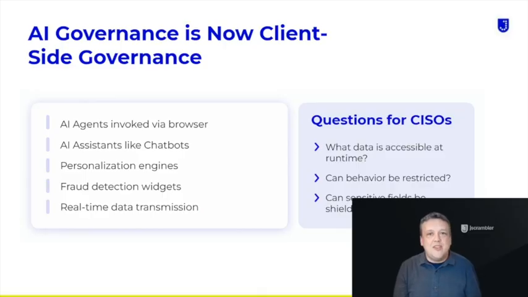All of those components execute in the browser. And when they execute in the browser, they have the same access as any third-party script that we discussed earlier. They can see the website's DOM. They can see and access form fields. They can read cookies and local storage. They can make arbitrary network requests. Most AI governance frameworks today assume cloud or server deployment, guardrails, model versioning, API gating. But those frameworks break down when the AI component is running on the client.